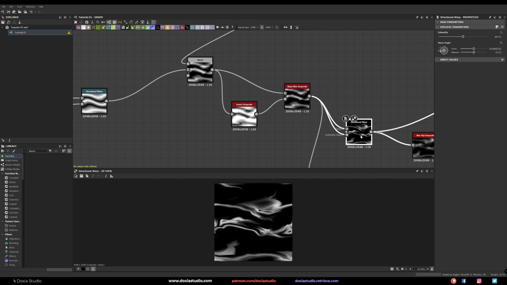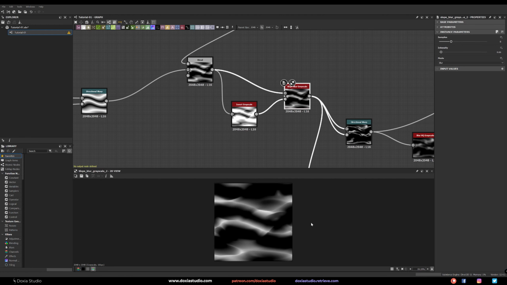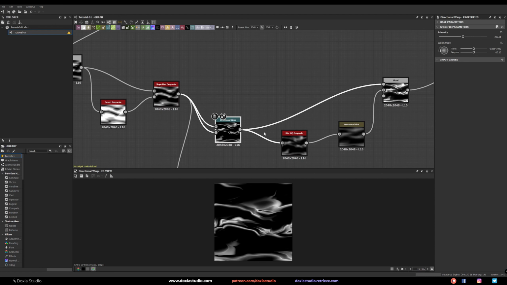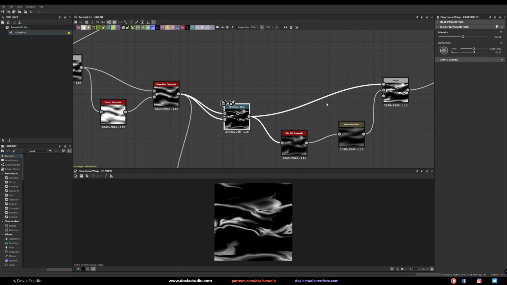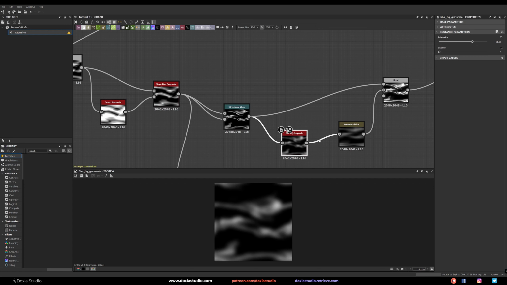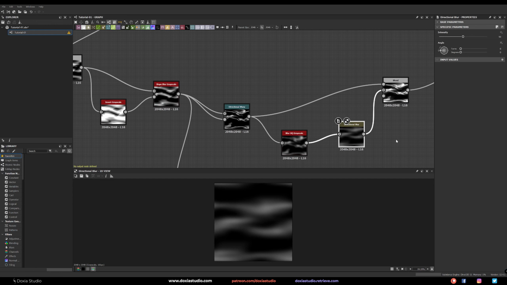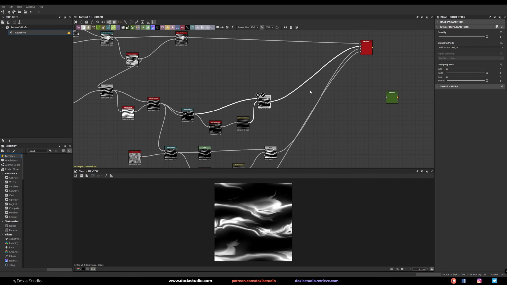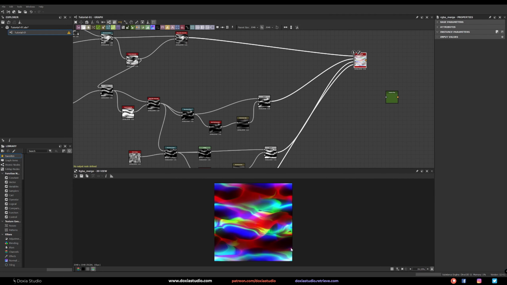Then I did a directional warp to break that flow. This was too uniform for my taste. So I break it and I was feeling, okay, I need to have more gray spots. So I blur it, directional blur to give movement, and then blend to keep the hard edges, but keeping that, let's call it blur or glow effect. And link this to the green channel of the RGB merge.